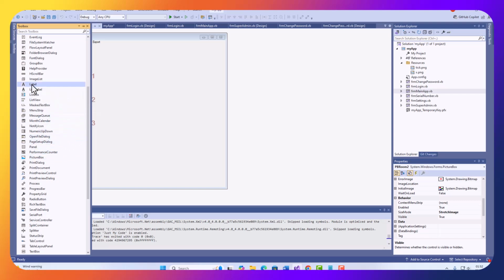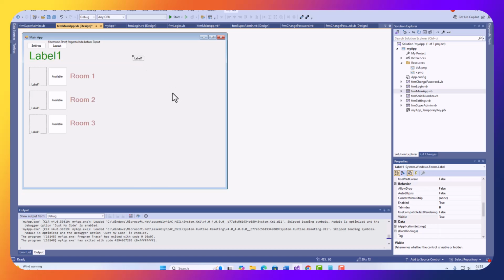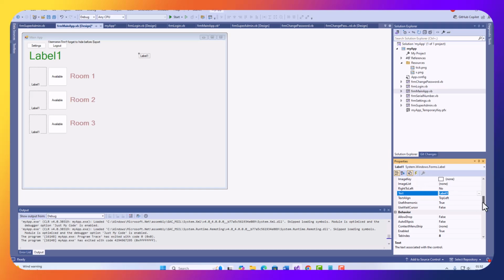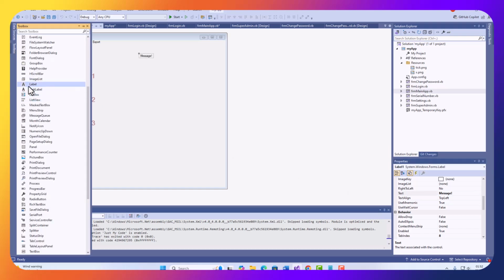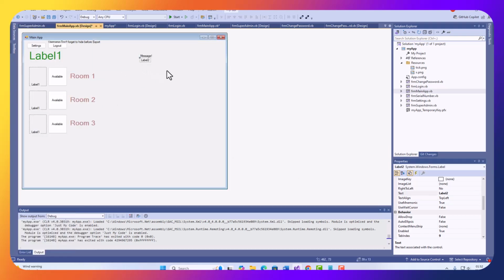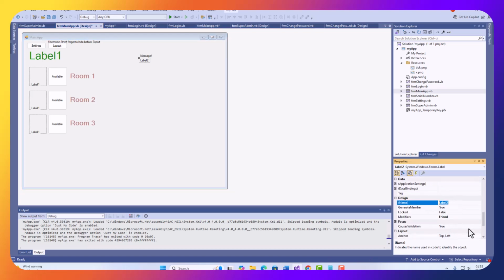So we can actually put here a label, and I'm just going to call this message, and I'm just going to put another label here, which is going to be the actual message. So I need to give a clear name, so I'm going to call this LBL message,